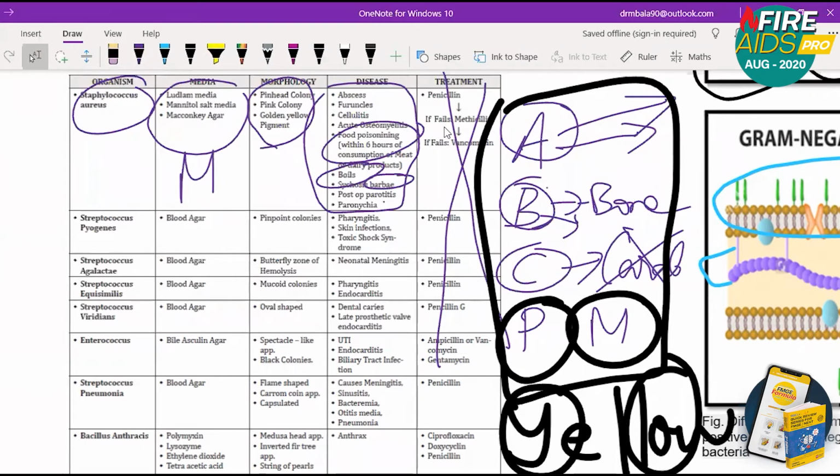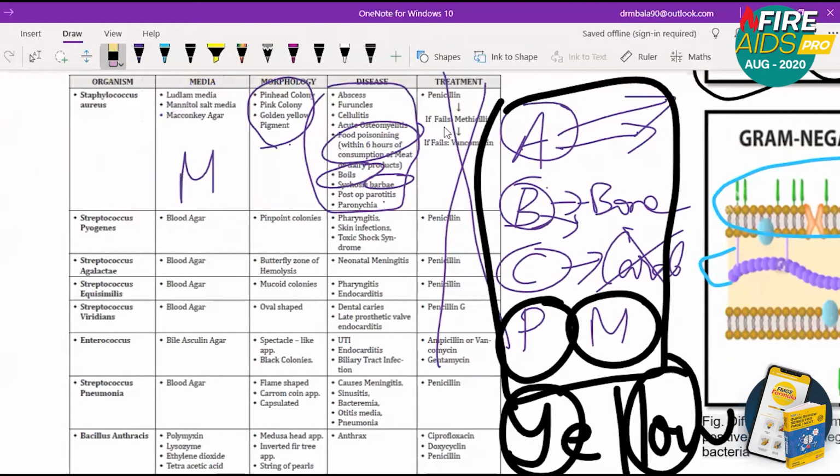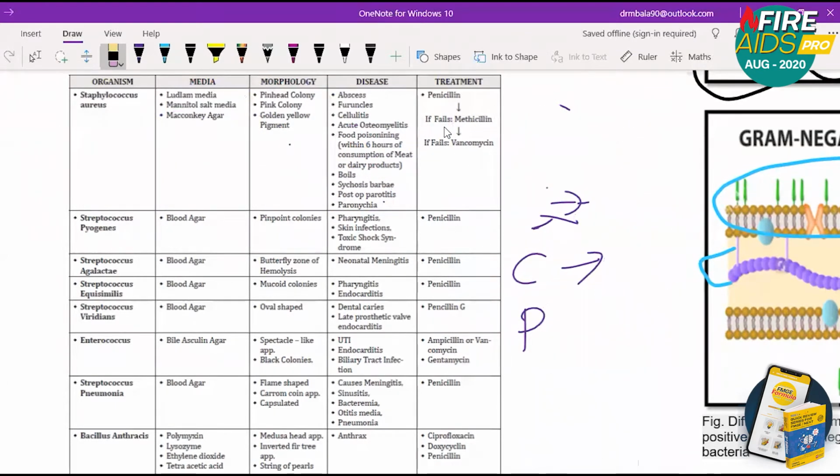Staph aureus is a huge topic. So you need to know almost any bone infection, any abscess in our body is going to be Staphylococcus aureus. Any bone infection, any abscess. Almost 90% it is Staphylococcus aureus. So in that point you need to be very clear. It is not limited to only this.